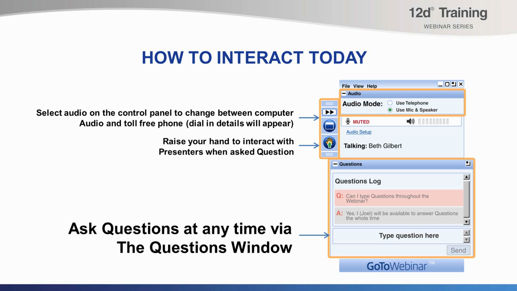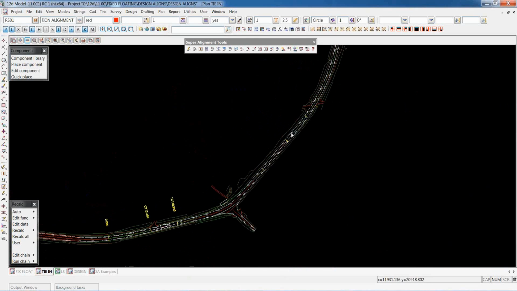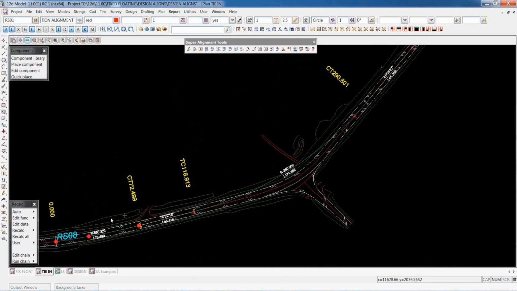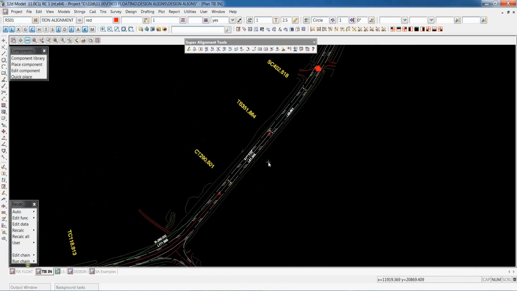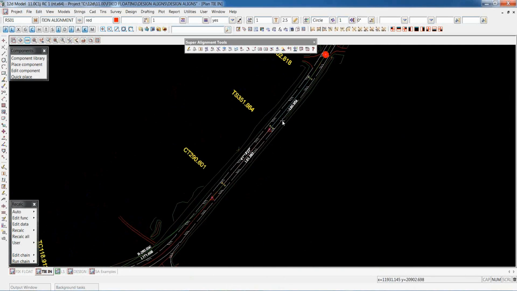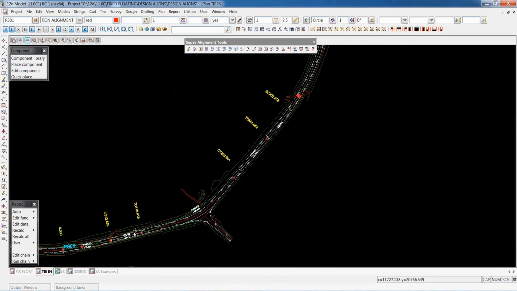Ralph from Sydney asks, can you construct an alignment from both ends and meet in the middle? Well, basically, yes. That's sort of what we started to do here, even though I did go in order. I could have put in all my fixed tie-ins, a bit like I did in the vertical. And obviously, when you then went set, the connection between the two would say error, but at least you'd be able to put in those control points and then come back in and say, well, okay, what do I need to fix this up? In horizontal, it may be a combination of floating and free elements. In vertical, it may be fixed grade lines or parabolas.